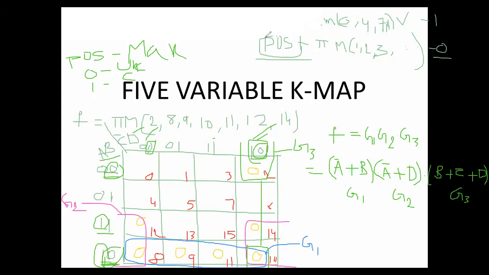I erase this now. So, 5 variable K-map. Here we are taking 5 variables. How to take the general K-map for 5 variables? Here totally 5 variables. So how many maximum number of cells are there? 2 power 5, that is 32. 2 power 5 means a maximum of 32 cells here, that is from 0 to 31.